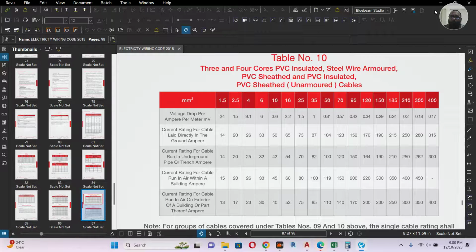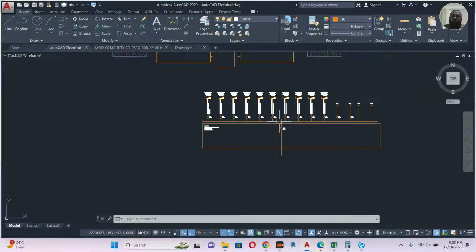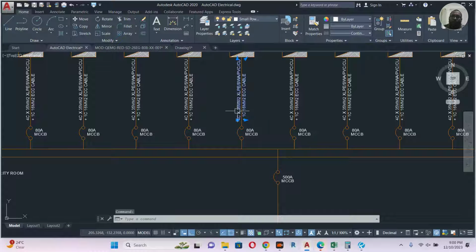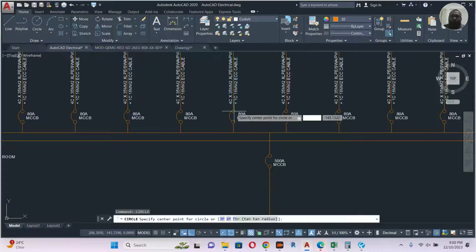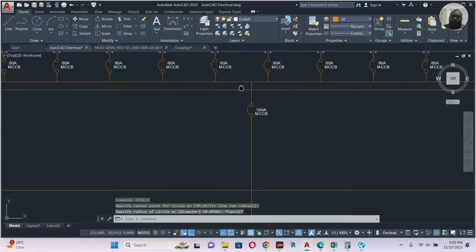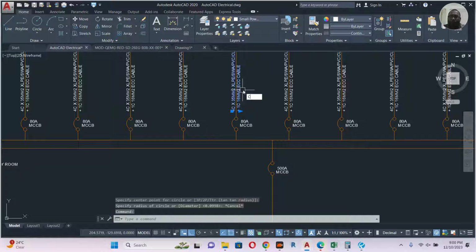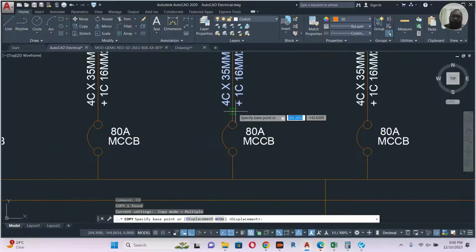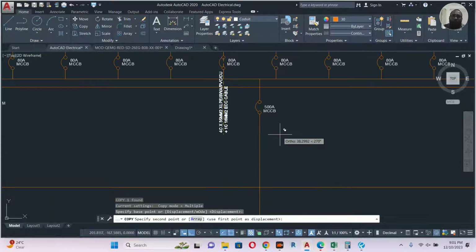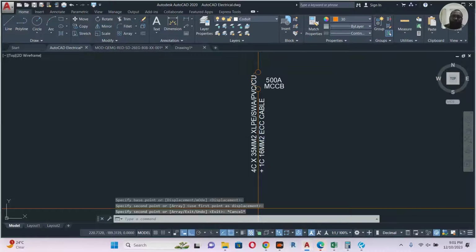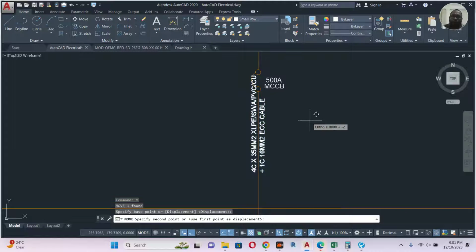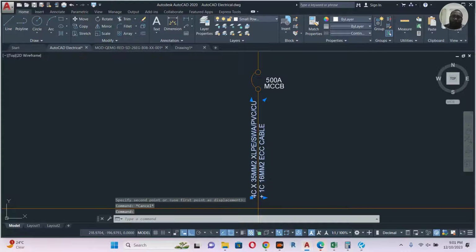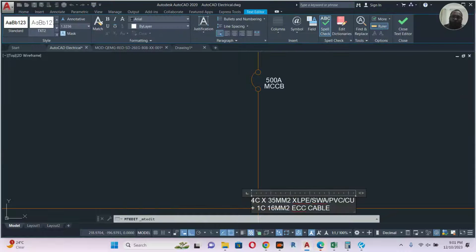So we can go here, copy. Two by 4 core 240 we need to run,